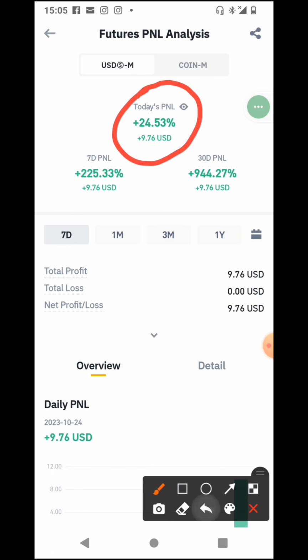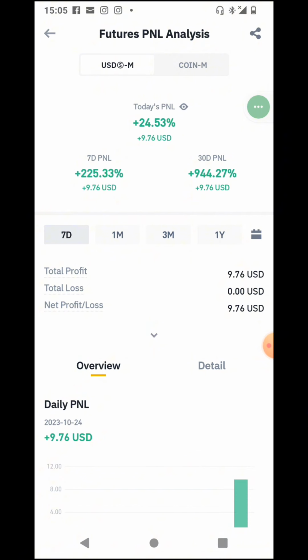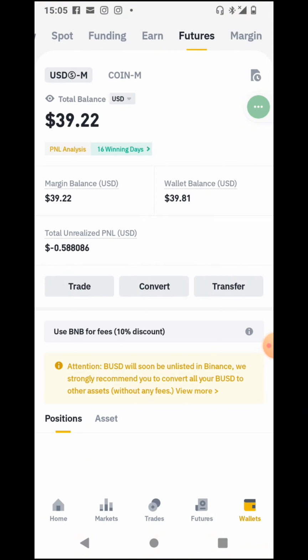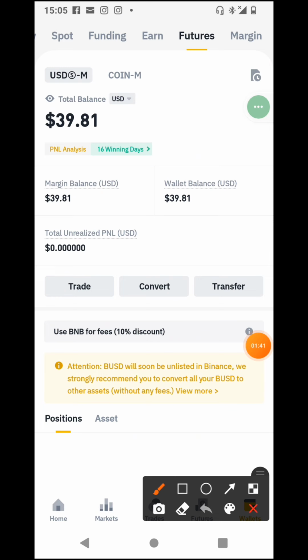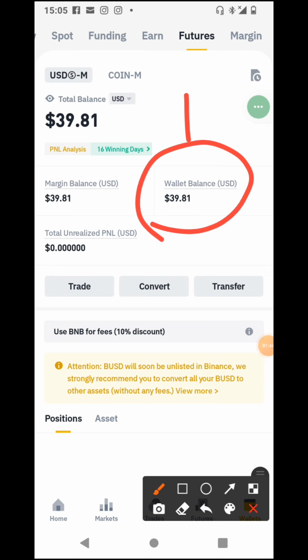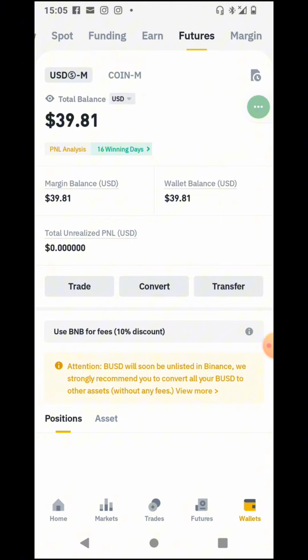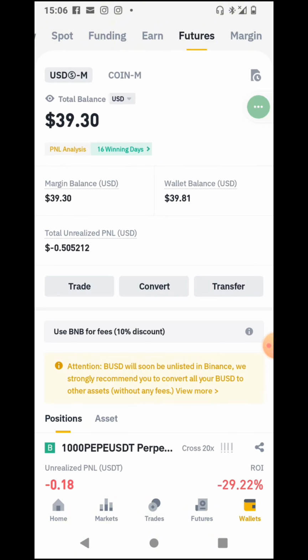Let's go back there so that you will know. When you add that profit here, you will see it is the $30 that I deposited there, and it has grown. So, what is growing this money? I don't understand exactly what is growing this money.